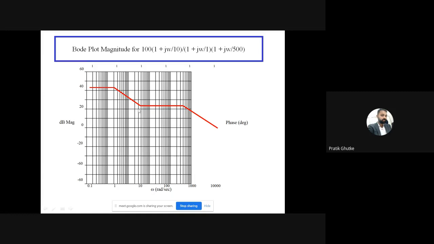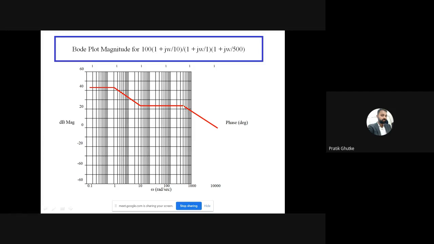So after that, I said one pole was there. So this is the minus 20 dB slope line. As one pole is there in my numerator, so my slope will go with minus 20 dB. Yes. After that pole, there is one 0 at 10. So minus 20 plus 20, it will be 0. That's why this line becomes again 0. That is horizontal. Are you getting? So this line which I am circling, this line is of 0, 0 at 10. And this line was for one pole at origin.